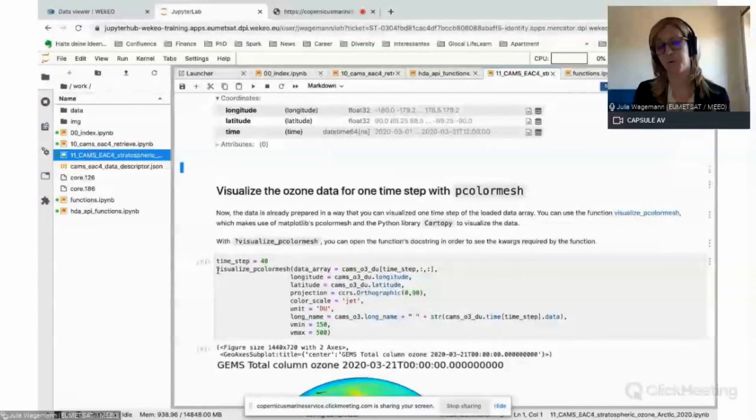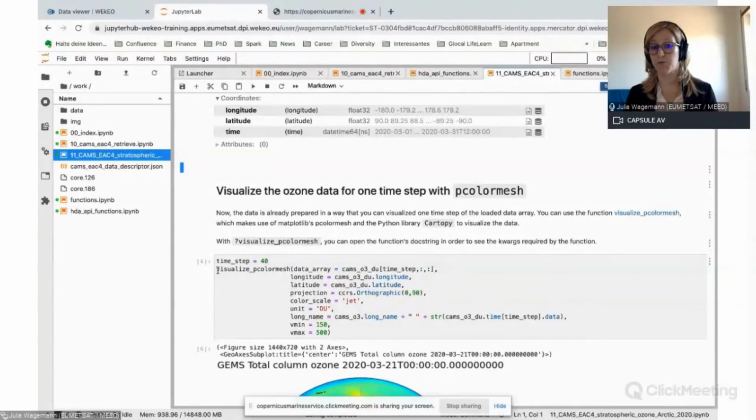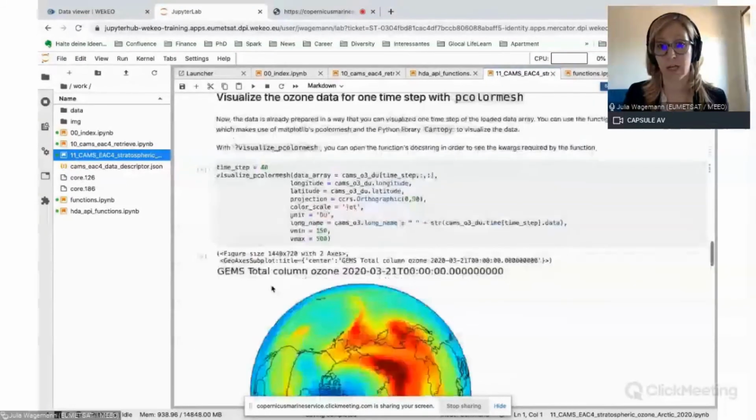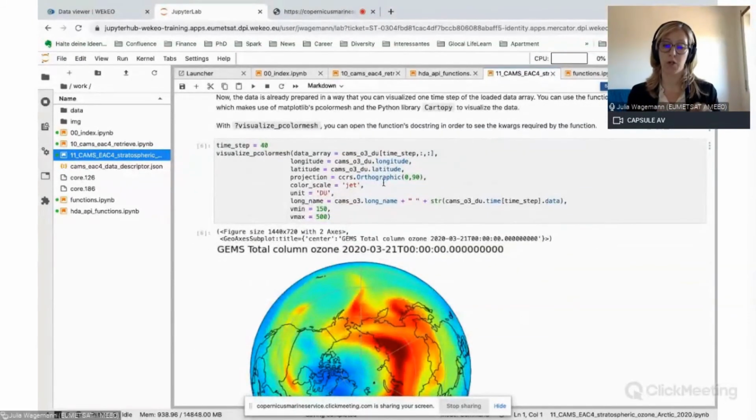And specifically for our use case, this is great because we can just visualize the data with a focus on the Arctic. For this, we can specify orthographic projection, and we can just say, please focus on the Arctic,